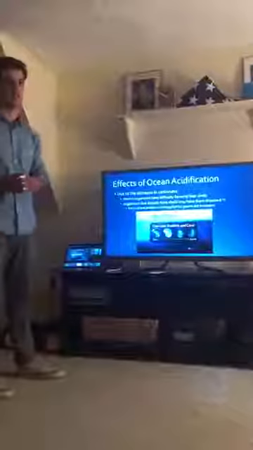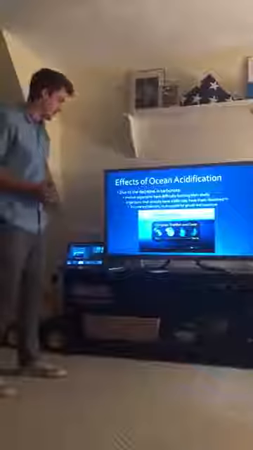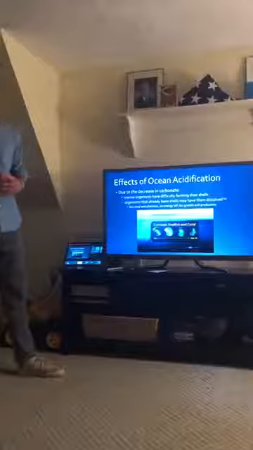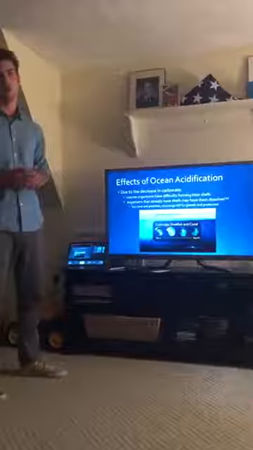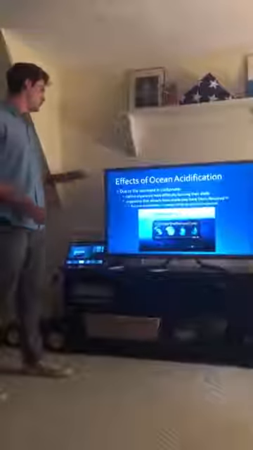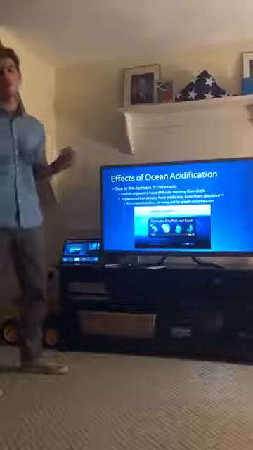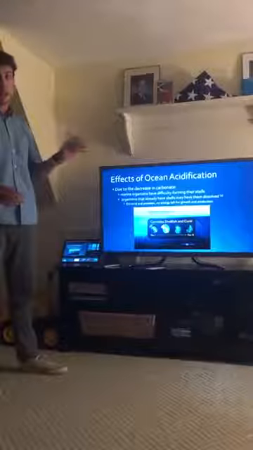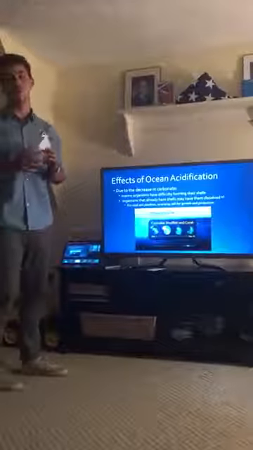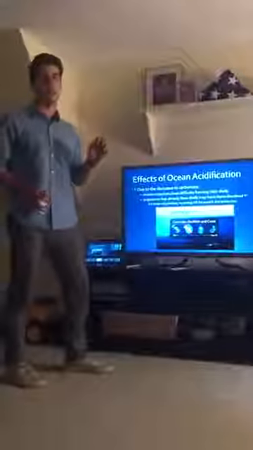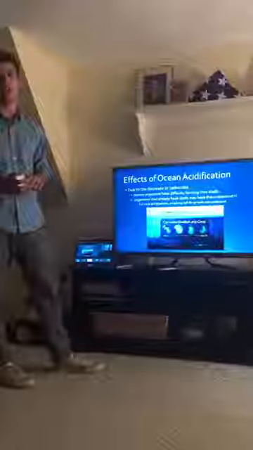So now we'll go into some of the effects that ocean acidification is causing on marine life and ocean life. As I said before, since there are more hydrogen ions, there's less calcium carbonate, which brings us to the first effect. Due to the decrease in calcium carbonate, marine organisms have difficulty forming their shells. Their shells are mainly made out of calcium carbonate, almost the entire thing, there's not much left, and marine organisms cannot really form their shells, which is crucial